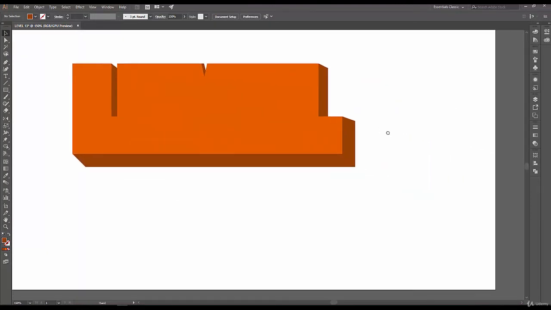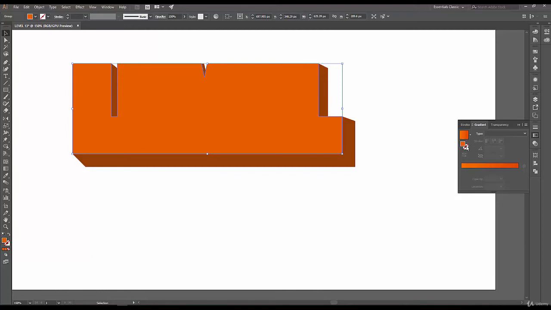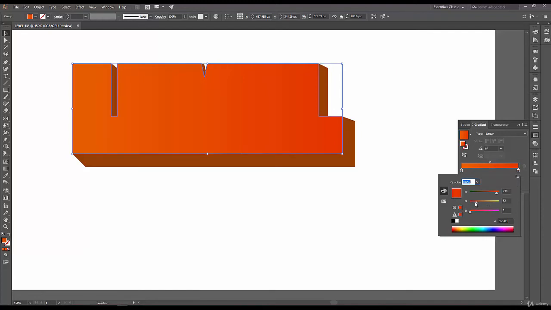Next, we want to put a gradient on the top layer over here. So we're going to apply a very simple gradient. So we're going to open the gradient window and we're going to drag the orange from here and make another swatch, get rid of whatever we have over here, bring these swatches to the opposite sides, and we're going to darken the orange of this side a bit.